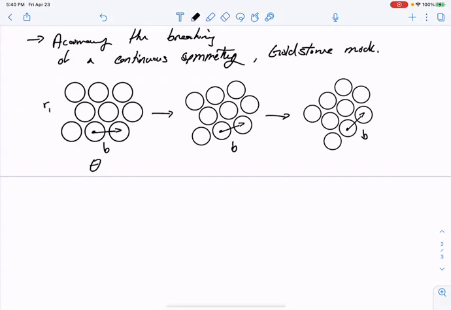Let's call that point in space where the director, that lattice vector, is pointing that way, R1. Let's call this position R2 and this position R3. I can associate with those positions some theta that projects that lattice vector at a certain point in space along, say, the x-axis. If I now ask for the energy associated with making theta modulate in this way,